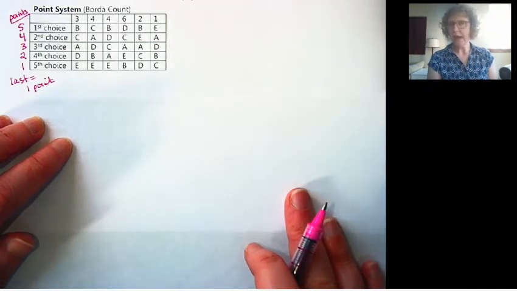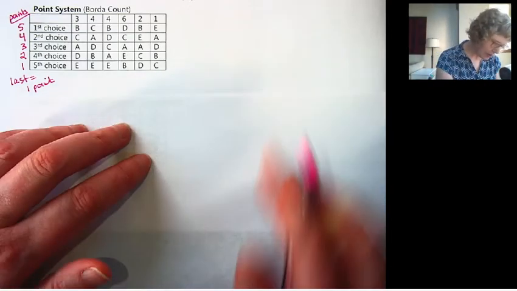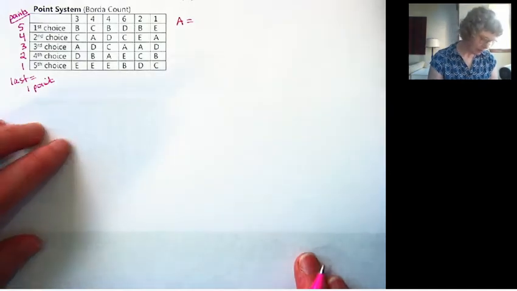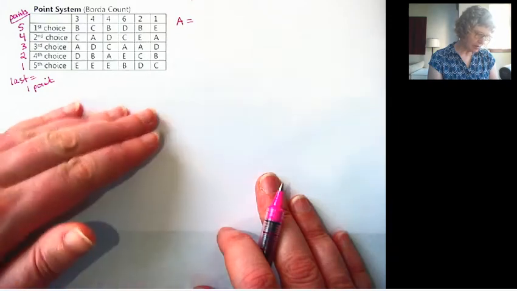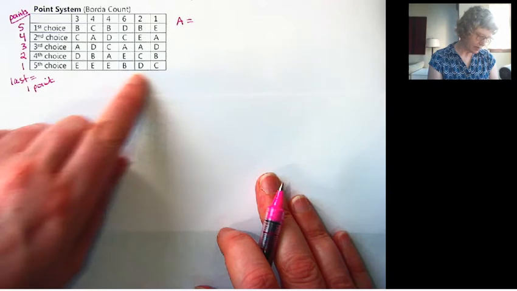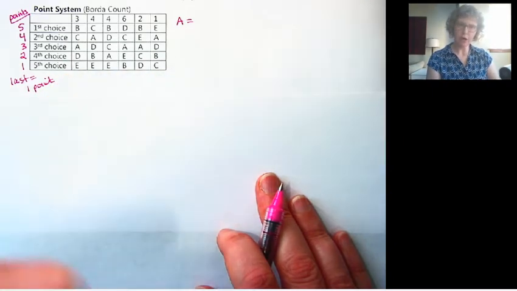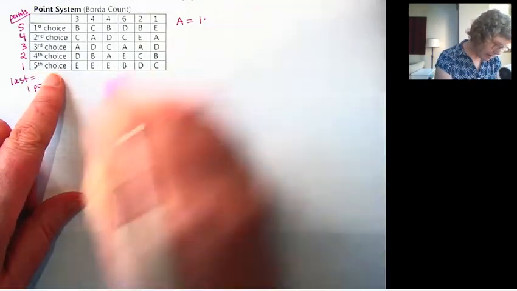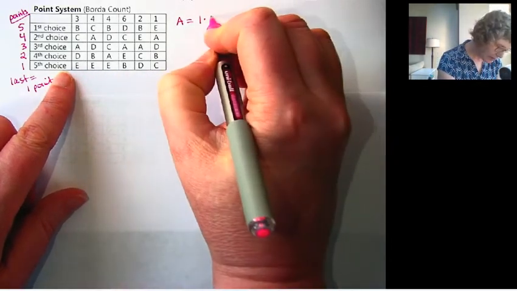Now we're going to tally up all the points for each candidate. This one gets a little bit tedious, so we'll try not to make these too big. Let's start with A. You could go bottom to top, top to bottom, left to right. I'd like to start with the lower points, but that's only one way to do it. I'm going to do the same way each time, from the bottom up to the top. So A has 1 point times, actually there are no A's in the last row. A was never last. So 1 times 0